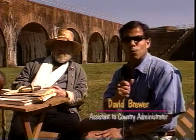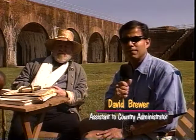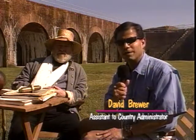Held annually in mid-April of each year, the Siege of Fort Morgan is reenacted here at the fort, located at the tip of the Fort Morgan Peninsula in Baldwin County, Alabama. We're here with Gabriel Rains, the General of the Torpedo Bureau at the fort, to hear about today's activities and what the Siege of Fort Morgan was like in 1864. General? Yes, actually, following Farragut's attempt to enter the bay, wherein he met with some of my devices in the